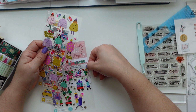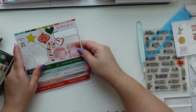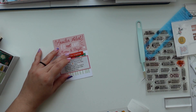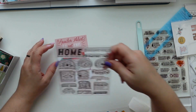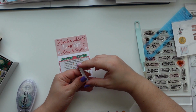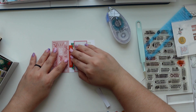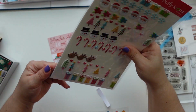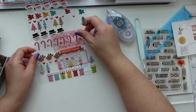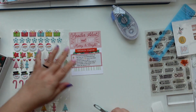And all of these stickers are from the November Pipsticks Classic Pro kit. And those chipboard stickers are from Freckle Fawn. I'm just trying to see what fits better. The adhesive that I've been using is a Tombow Mono Air Touch adhesive, and it's permanent. And these stickers, which are so cute, are from Doodlebug, and I love the stickers and embellishments from Doodlebug,